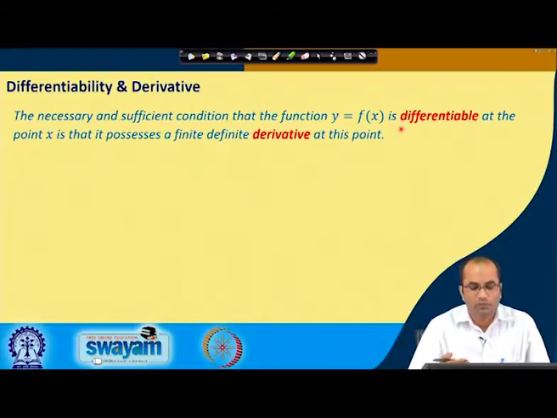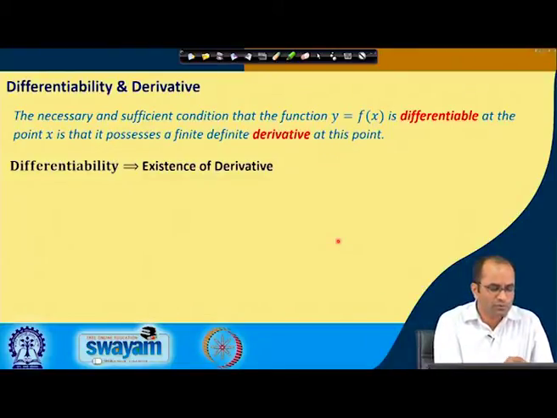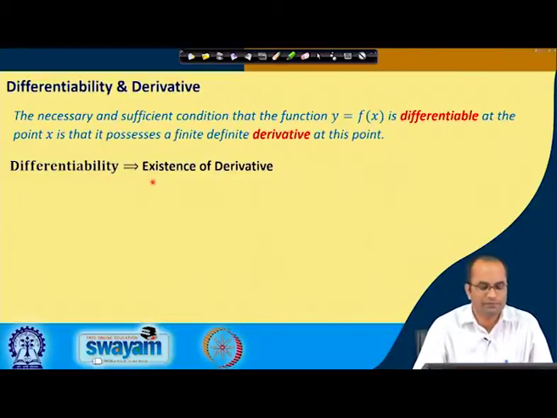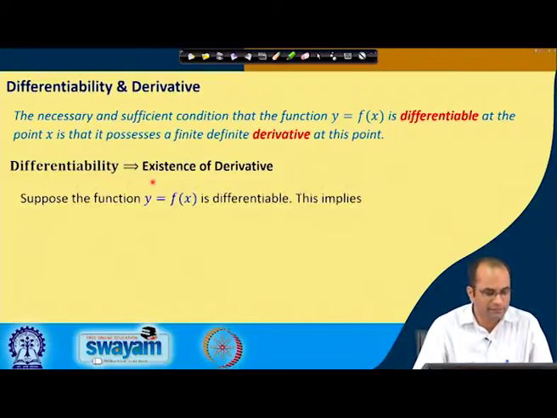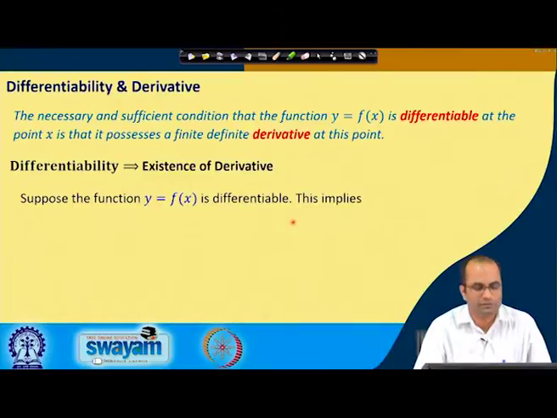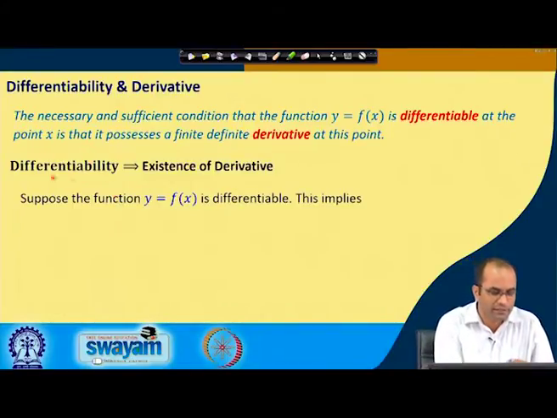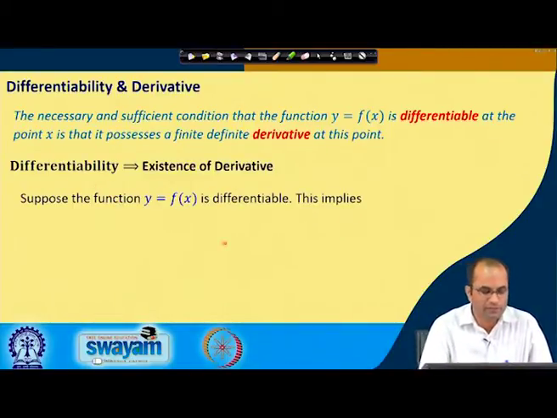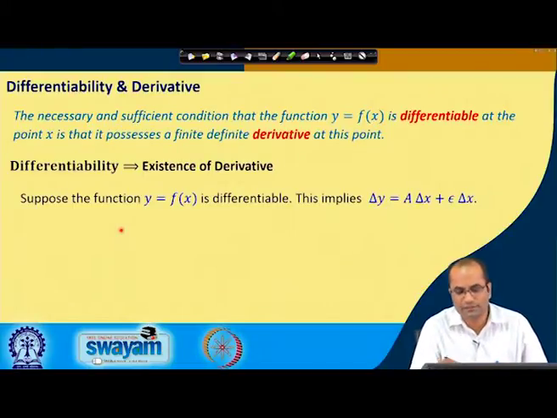So, the conclusion is that both definitions that we have given earlier, the derivative and the differentiability, are basically the same in the case of a single variable. Now we will see that differentiability implies the existence of the derivative at a given point. So, suppose the function y is equal to f of x is differentiable. We assume that the function is differentiable, and this will imply, as per the definition, that we can